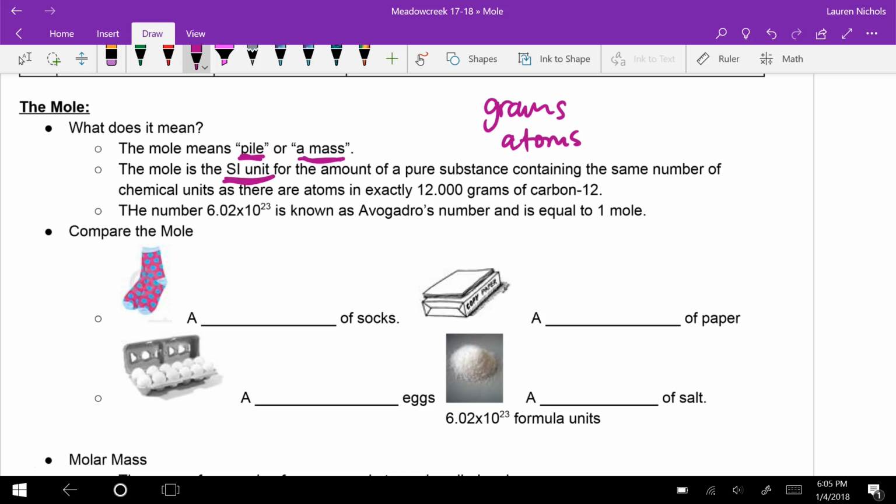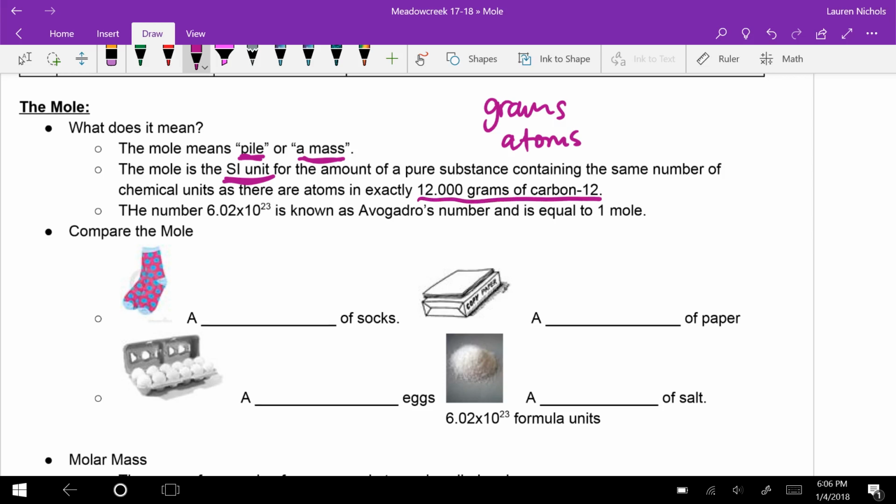And remember, SI is just the symbol for a Greek word that essentially means the standard or international unit, the unit that chemists all over the world use for the amount of a pure substance. Okay, so it's just talking about purely NaCl, purely chlorine, purely sodium, just whatever your substance is, it's only that, containing the same number of chemical units as there are atoms. Okay, so it's exactly that number of atoms in exactly